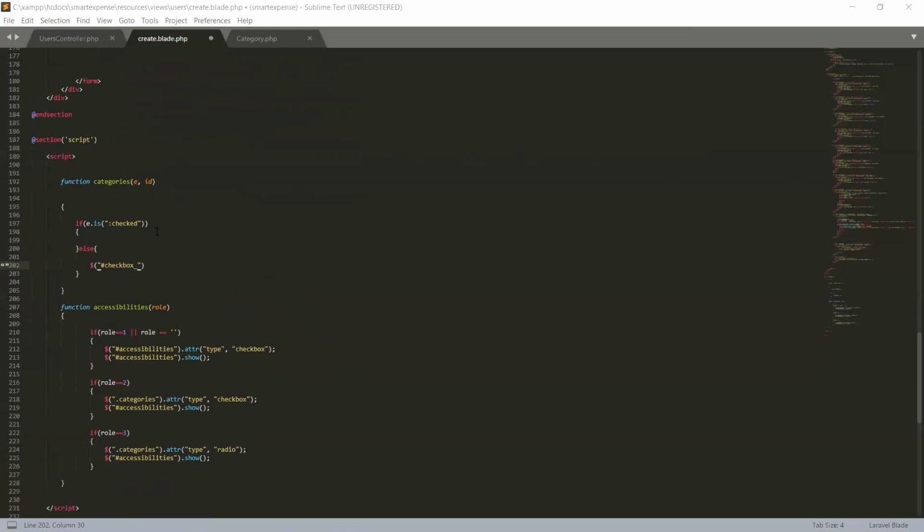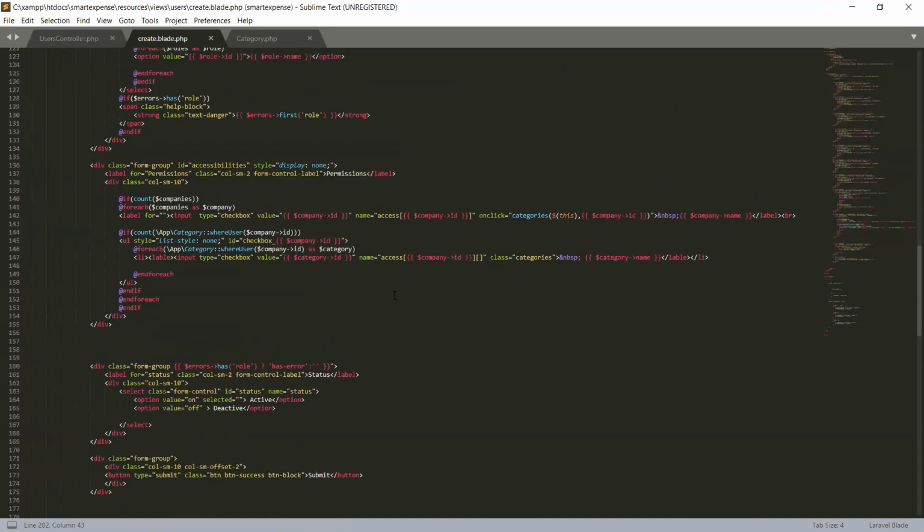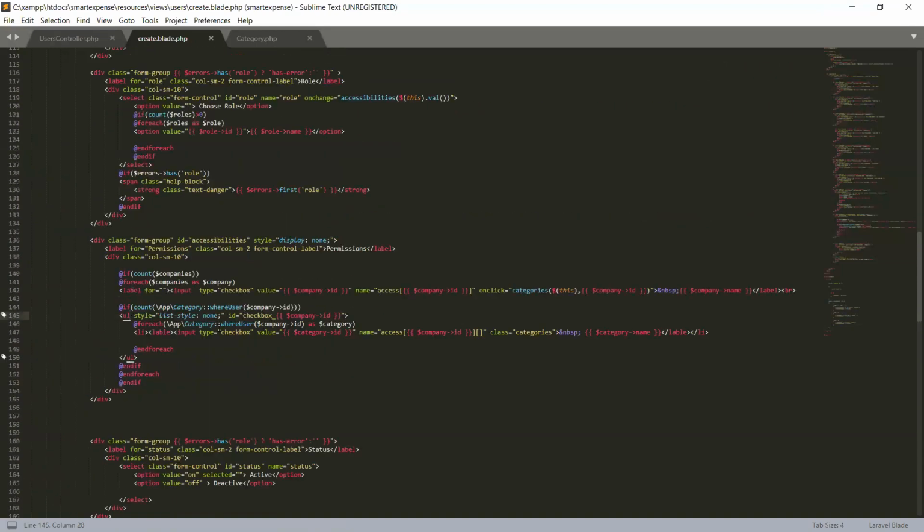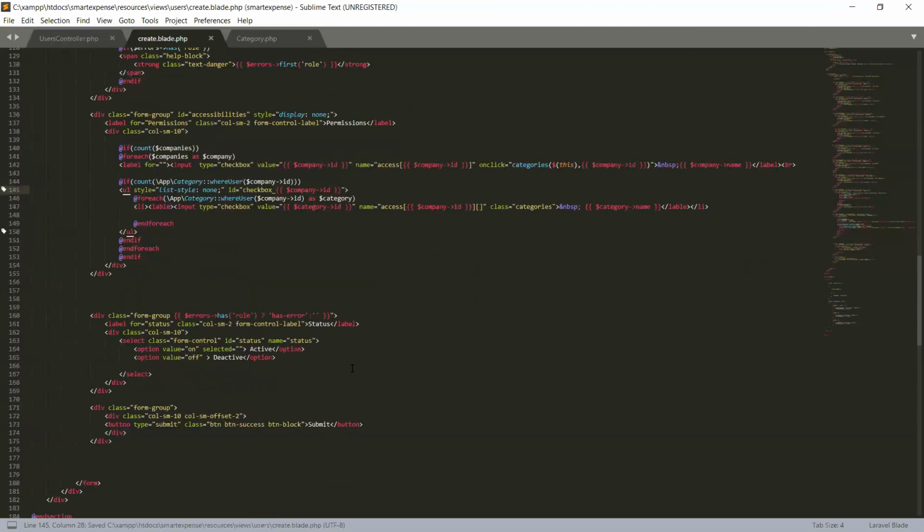Okay, checkbox, and we will concatenate by plus operator in JavaScript. So we'll give the ID. So checkbox underscore this ID should hide, and we use the hide function. So save it. Let's double check: if e is checked, do nothing, and if it's unchecked, then checkbox underscore ID of that UL should be hidden. Save it,